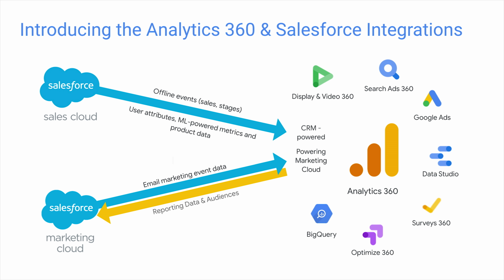All of that data is imported in two pipelines. First one, the basic one, which we already hopefully have tested by now, is the offline event imports, which is the import of milestones across lead and opportunities and those stages. And the second one is the user attributes, the most powerful data such as predicted metrics, user attributes, lifetime value, and the characteristics of users, of course not PII, that can be joined to your Google Analytics data